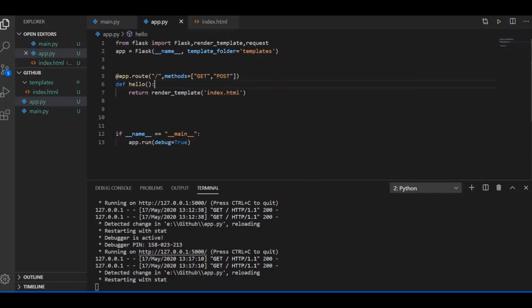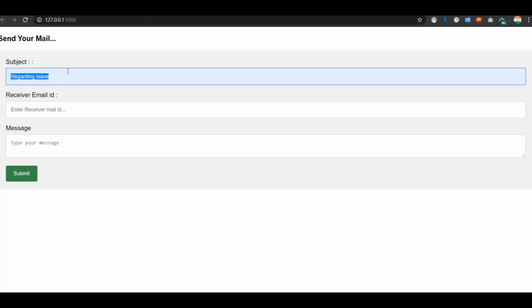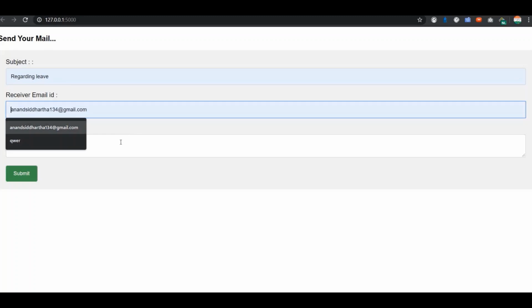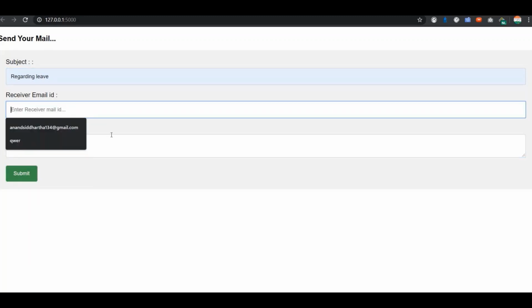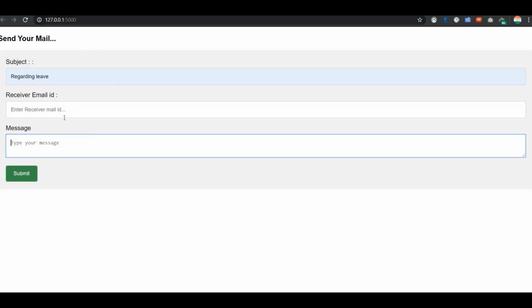Why am I passing this request? Because let us suppose that I have filled this form and will submit. While we are filling this form, the GET method is working, and if we submit the form, then the POST method will fetch the values from these forms.